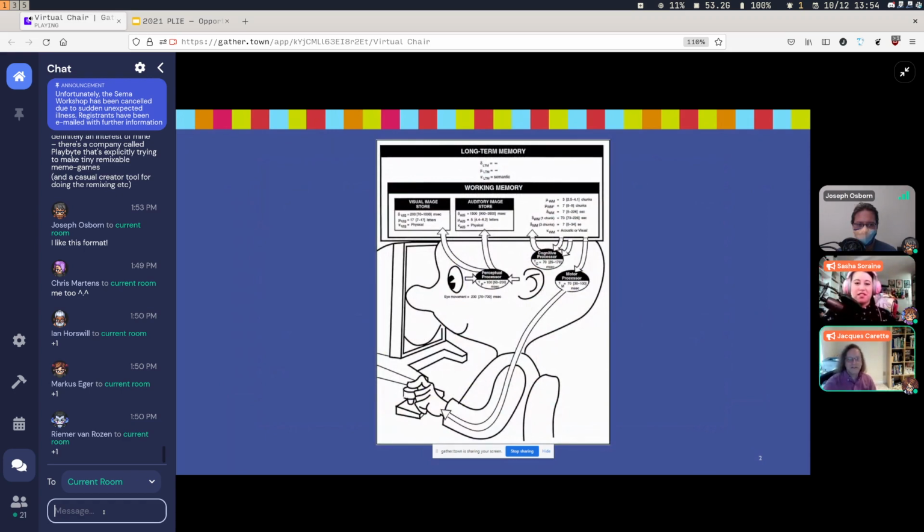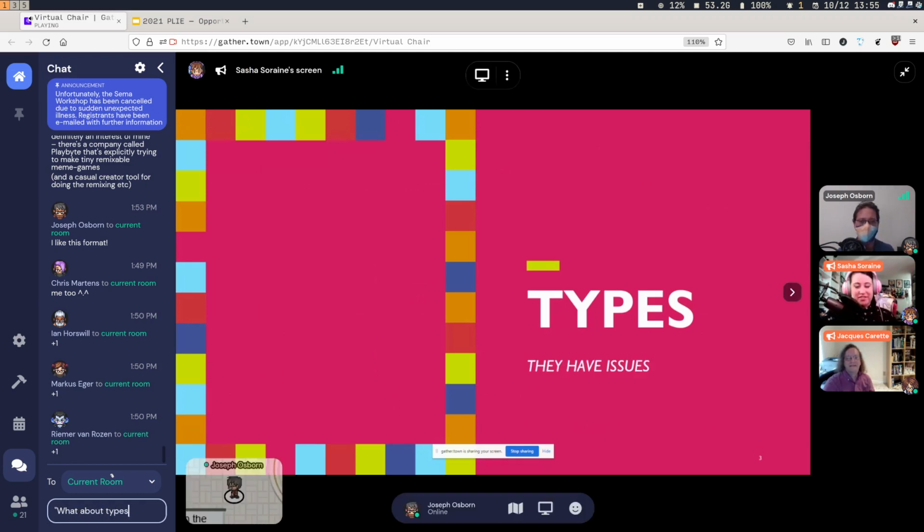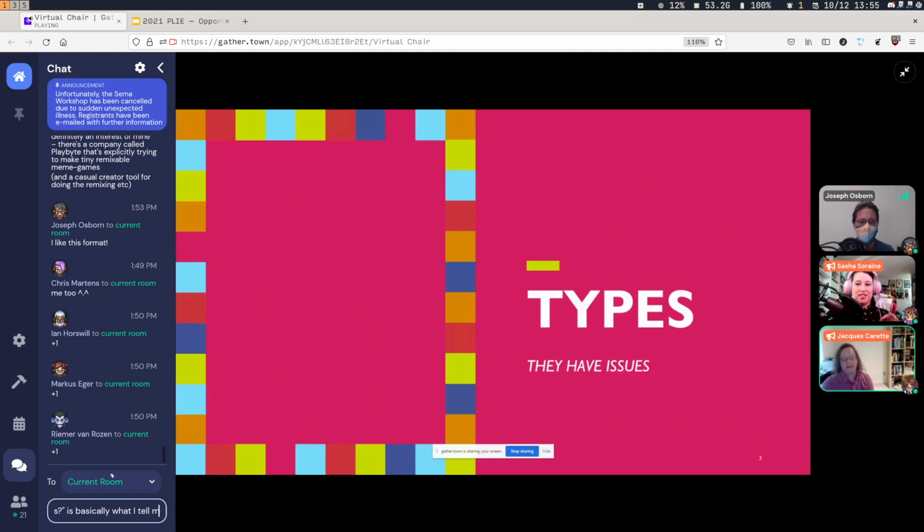Yeah, but models are so imprecise. I mean, look at that one. Cognitive processor? What does that even mean? Finding the right heart and having memory are both cognitive, and you're telling me to abstract them together? We've got to be able to come up with something more tangible than that. What about types? Types, like player types, like Bartle and all that, we've been there, and there are issues. No, no, no, not player types. Type types, like programming languages.